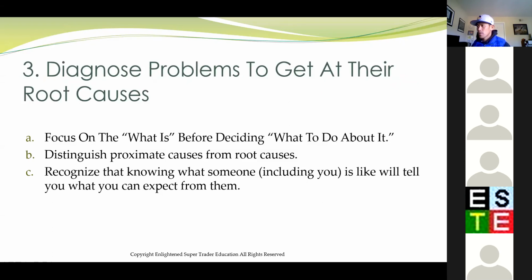B, distinguish proximate causes from root causes. What are proximate causes? Well, proximate causes are typically the actions or lack of actions. So you need to be an action taker, guys, okay? Procrastinating doesn't help, so that leads to problems. If you take action on the problem that you have rather than ignoring it, then you can find a solution to the cause of the problem. All right, so